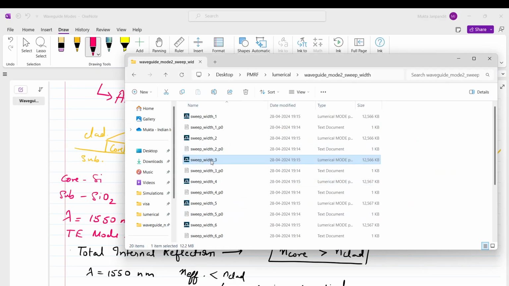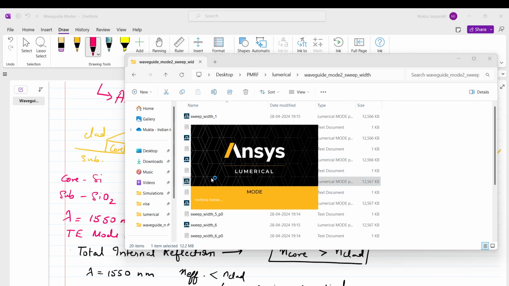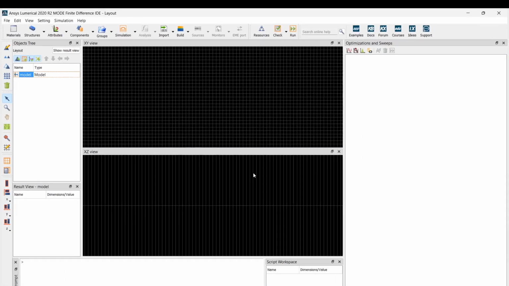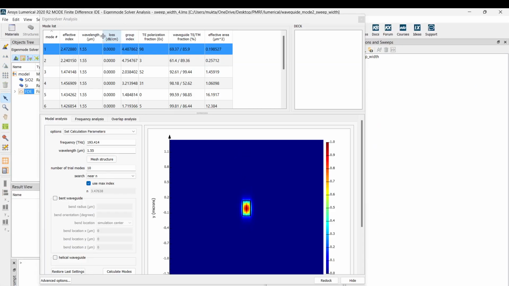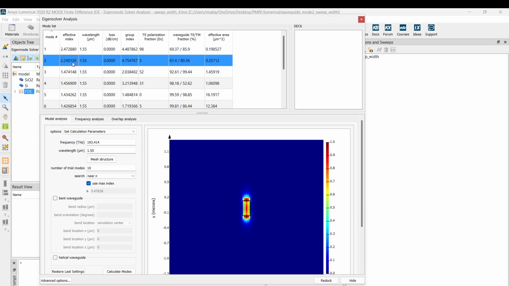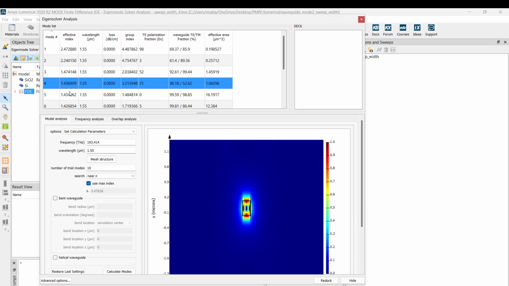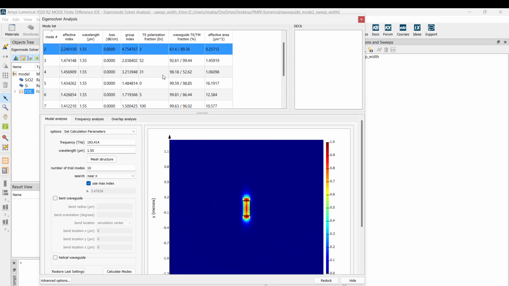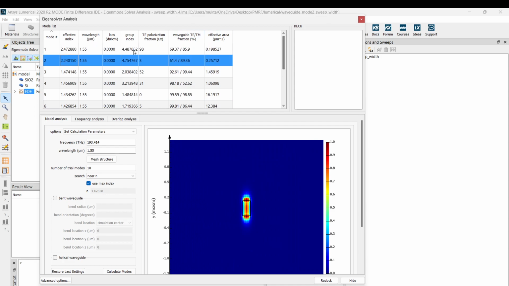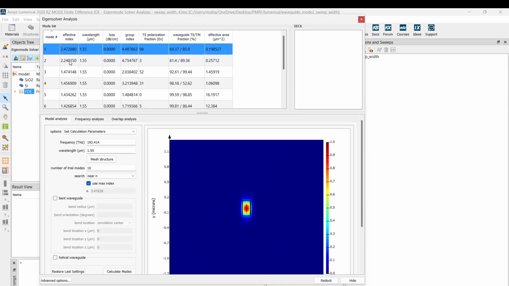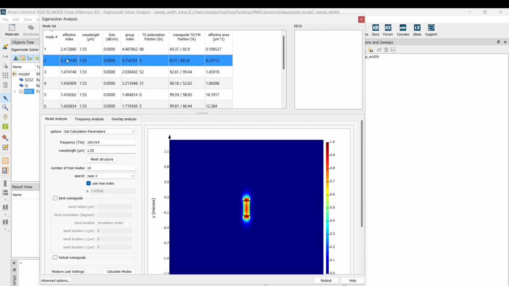So at 300 nanometer width, we could see one TE mode and one TM mode. Let's go to 400. In 400, we see one TE mode with higher refractive index, then a TM mode, and then the rest are not confined. So if we are only sending TE, 400 nanometers wide waveguide is also fine. So we'll still have a single mode operation.